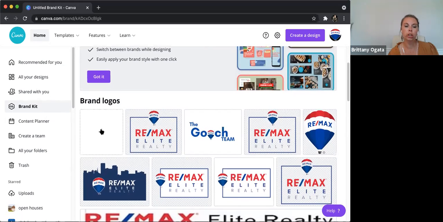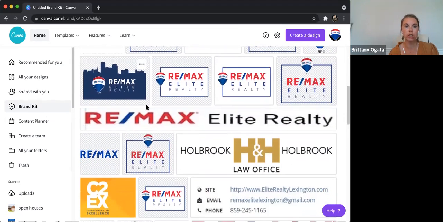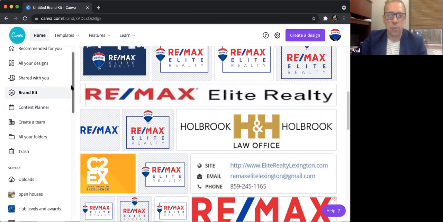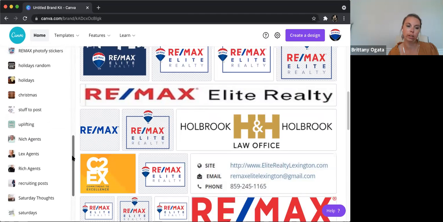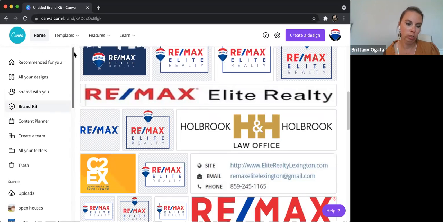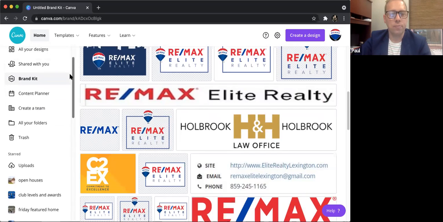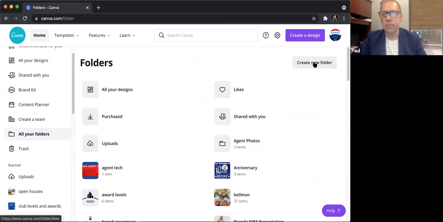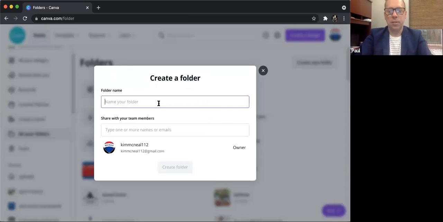You had mentioned that you scroll down to folders and you can get the PhotoFi Remax stickers, but you have to put that in. Yes, all that has to be uploaded manually. Kim actually uploaded all of those manually on here. So how do you do that? What she did was she downloaded all the images. Let's go here and create a new folder. I'm going to go to all your folders and create a new folder. Let's name this